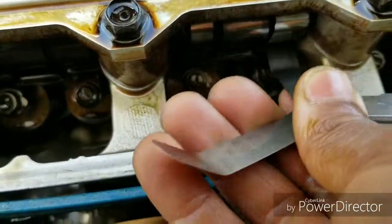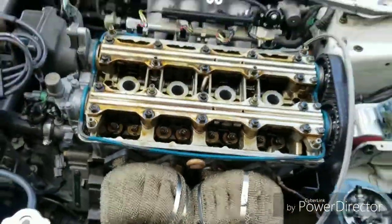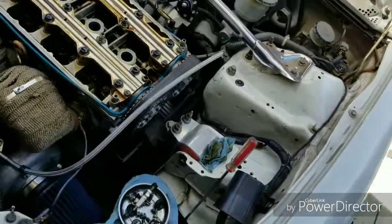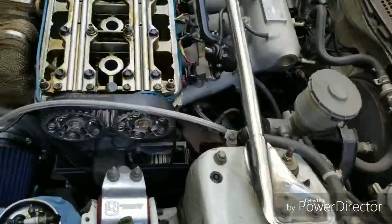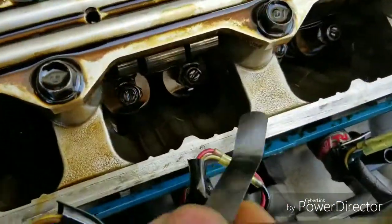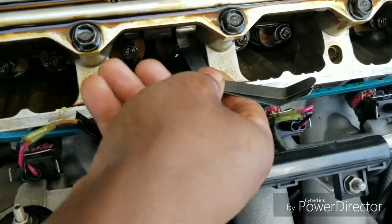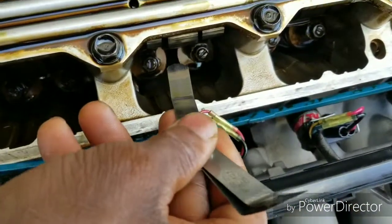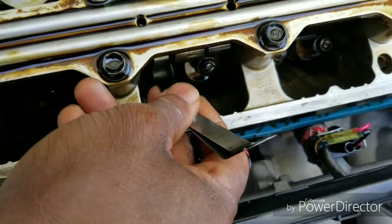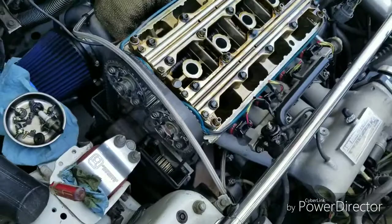You want 8 in the front, the exhaust. You don't want 9 to go in. And on the rear, you want, sorry about that, let me get my tools out. You want 7 in the rear, and you don't want 8 to go in. So, let me back that up. There we go. So you got 7 in the rear, which is the intake side. 7 goes in,